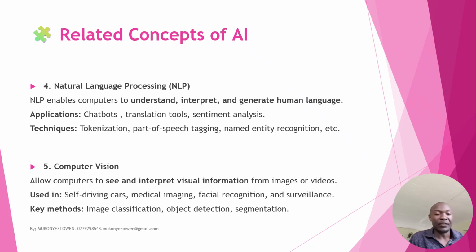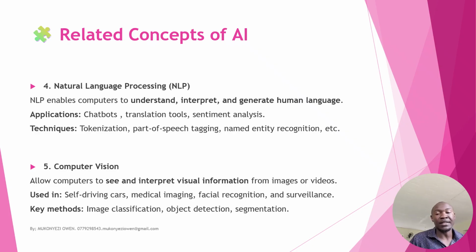We have natural language processing, the NLP, which enables computers to understand, interpret, and generate human language applications. We have computer vision, which allows computers to see and interpret visual information from images and videos. It is used under there, and the key methods are there. You can possibly do more research about these concepts. Maybe if you don't understand, you just contact me through the number that I have put there in my email